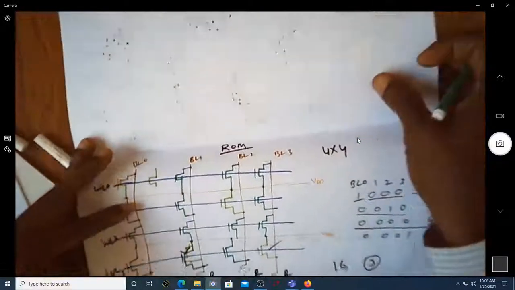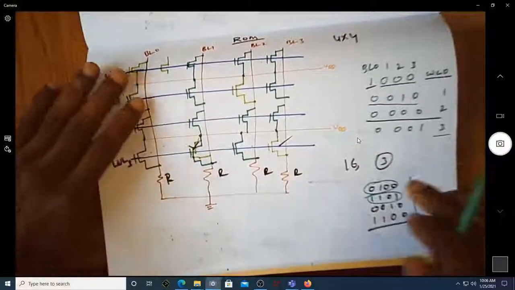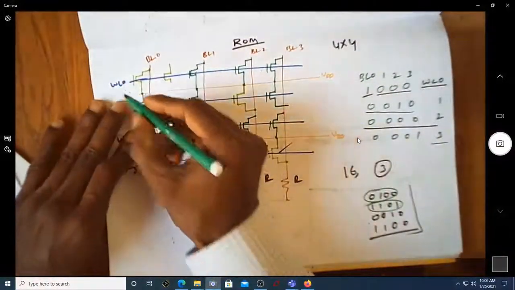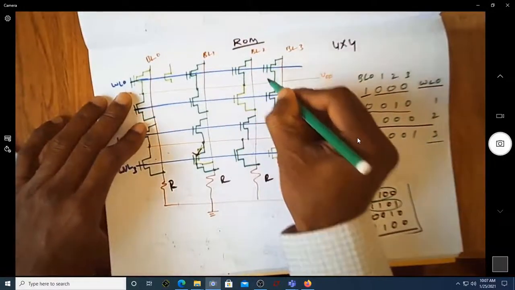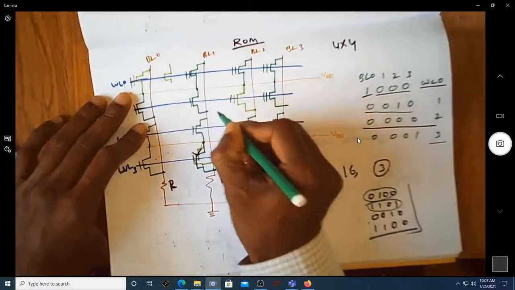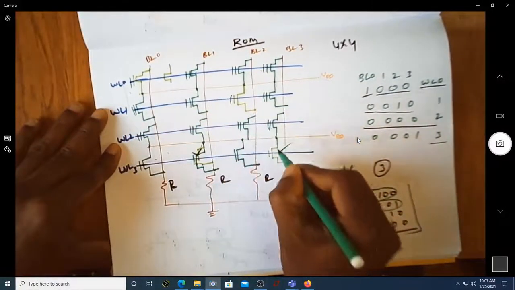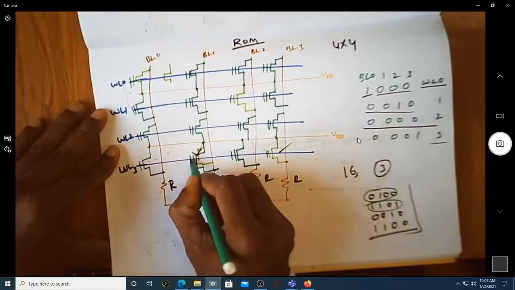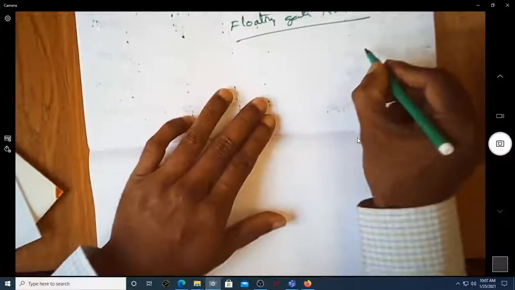The transistors that are used for ROM memories, with all 16 cross sections being fabricated with the transistor. Now the transistor is not a simple transistor. Now I will draw a different type of transistor. You can see it has got a dual gate. This is the symbol of that special MOSFET which is used as a transistor in the ROM structure. That is nothing but a floating gate transistor.